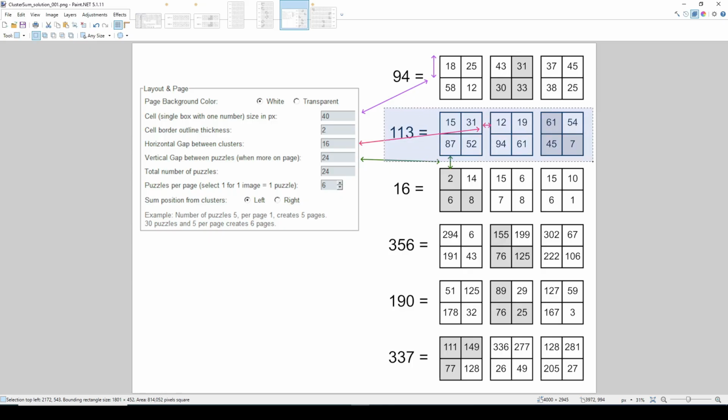And this is only going to be valid if you are exporting multiple puzzles on the same page, on the same image. Here you see it says total number of puzzles. So if I type 24 here, and if I type puzzles per page 6, I have 6 puzzles. So these are my 6 puzzles on one